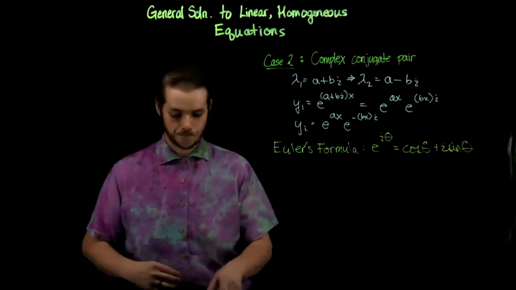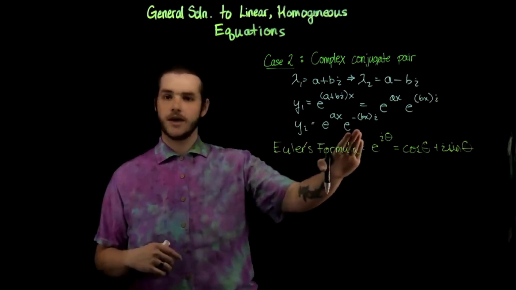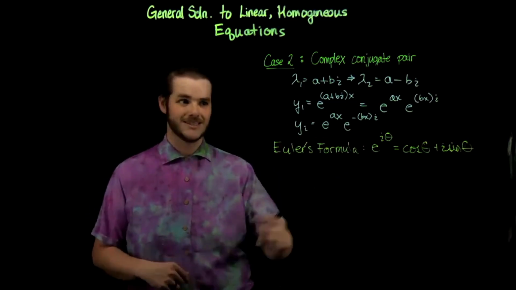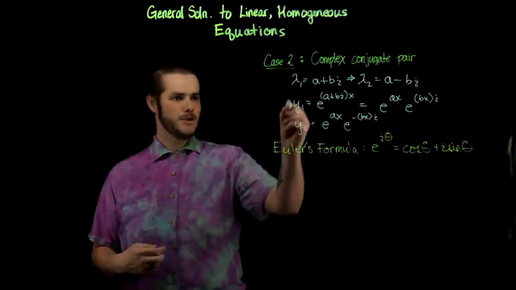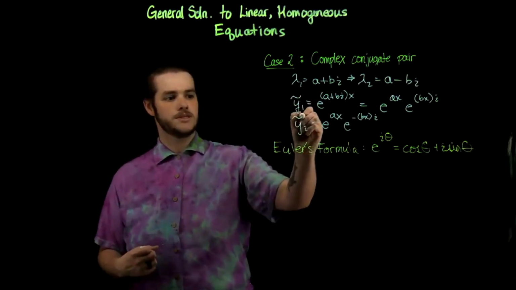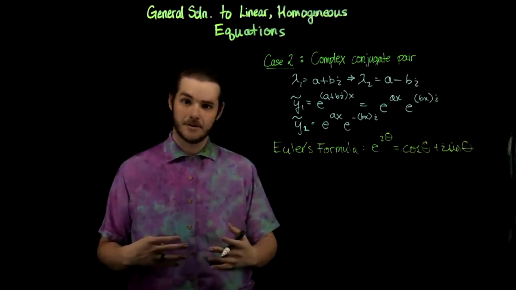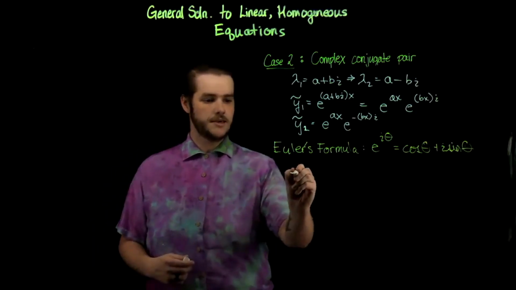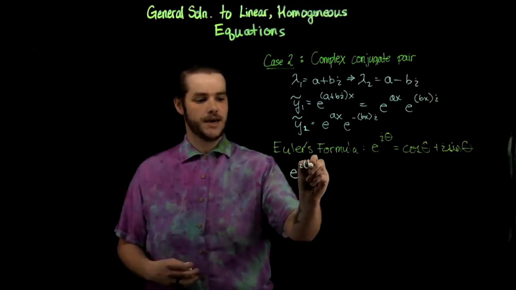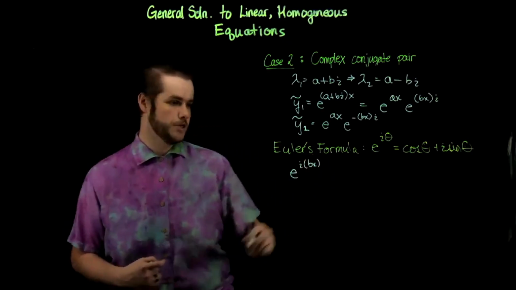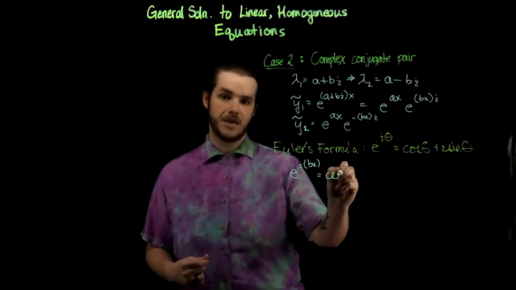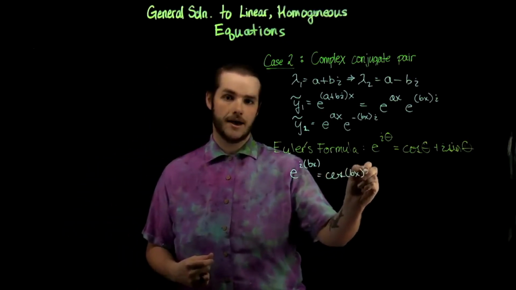to this equation. I'm just going to look at the complex exponential pieces of each of my, maybe I should call them y1 tilde and y2 tilde, because these are sort of our guesses at first, right? Let's look at e to the i times bx. Well, Euler's formula tells me I should get cosine of bx plus i sine